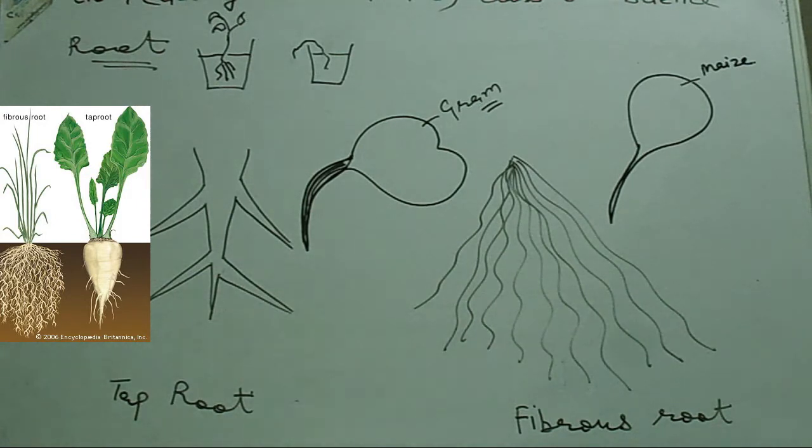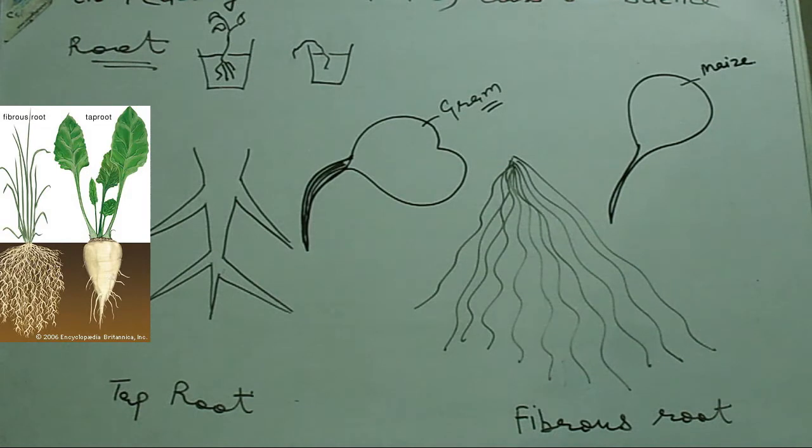Another activity we have to do: we have to take some pieces of gram and some pieces of maize, and we have to take two dishes and put some cotton in both the dishes, and add 3 to 4 seeds of gram as well as maize in those dishes, but cover them with the cotton that is present in the bowls, and keep wetting that cotton after a few times. So see what will happen after a week.